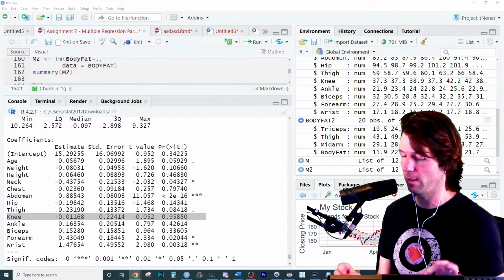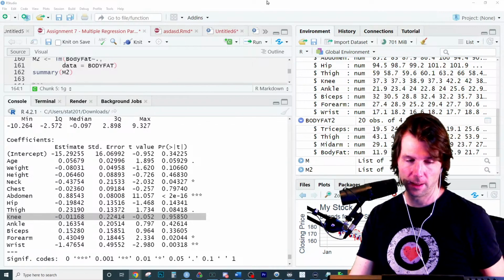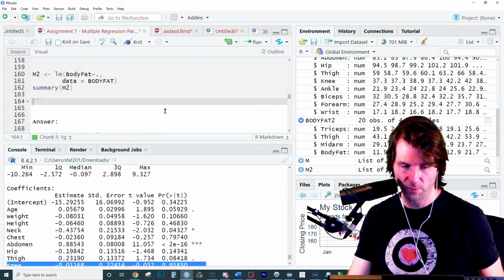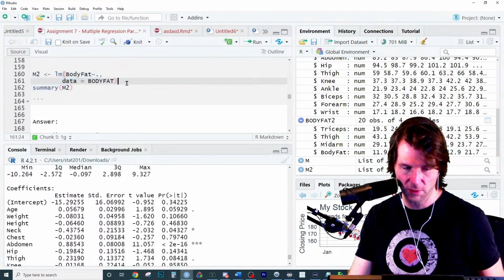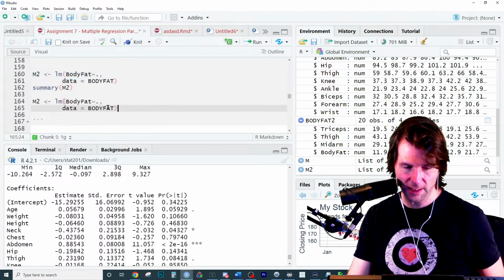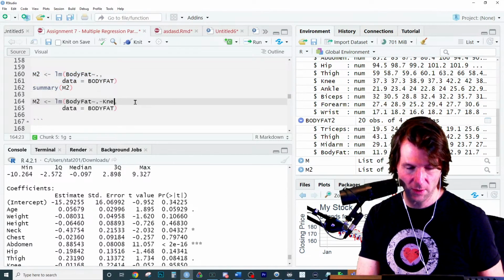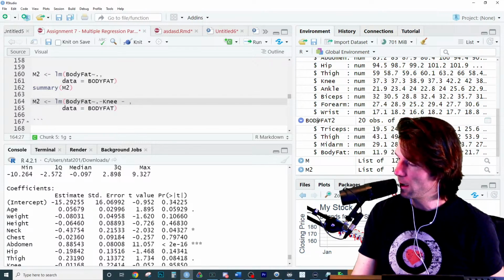To see if you can. And I'll do that right here. And if you can tell me the name of this, and I'll do it as we run it right here. So let me go and grab this. Let's take out 2 x's. We'll say remove knee. So you can actually just remove knee like that.